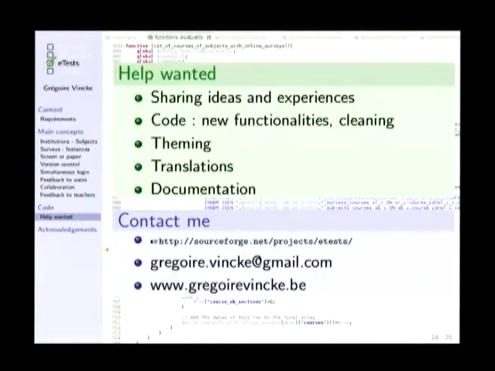So like any other projects presented in Lightning Talks, help is wanted. First of all, to share ideas and experience, because actually it's only me, myself, and I in this project, and sometimes I want to share experiences made by other users on other platforms, or the same platform, on using MCQs or not in teaching or in programming. Help is also needed in coding for cleaning and new functionalities as usual, testing, translation, documentation, everything will be welcome. So you can contact me at